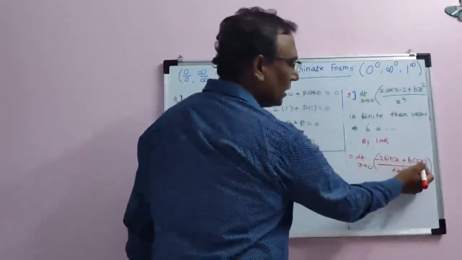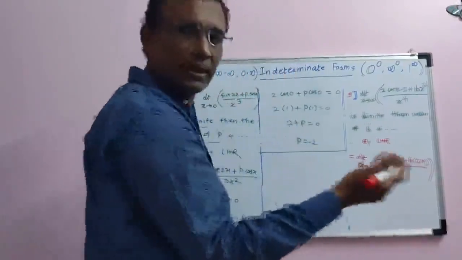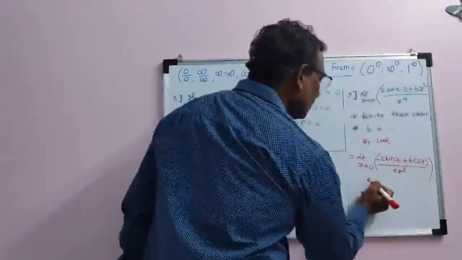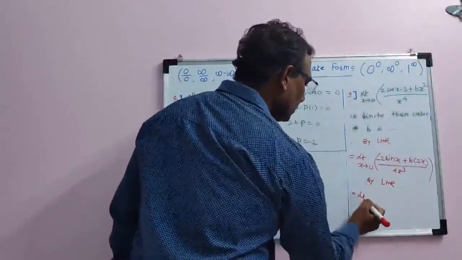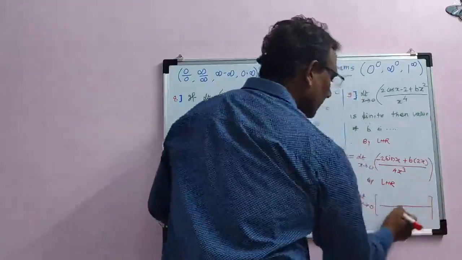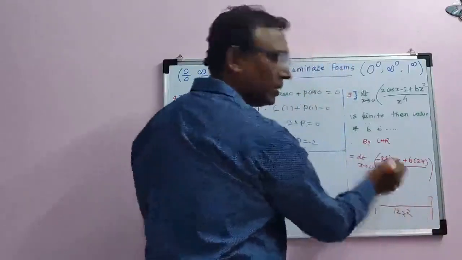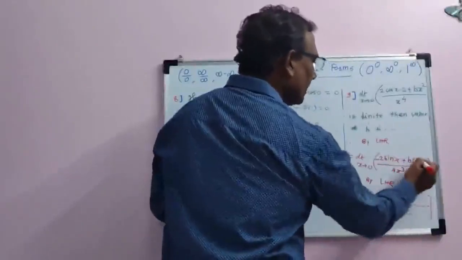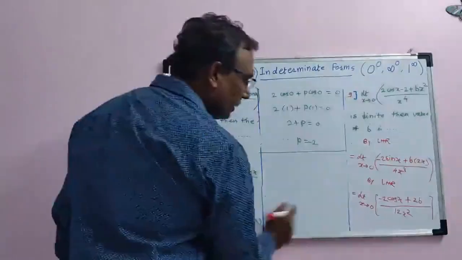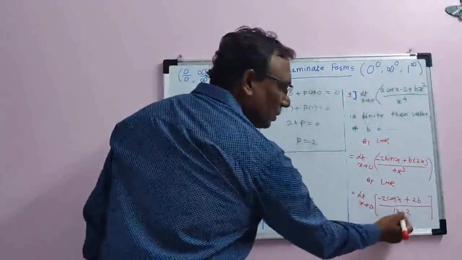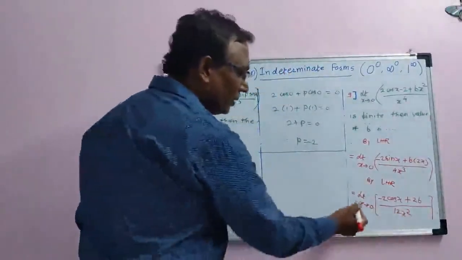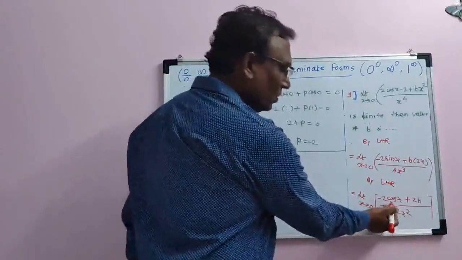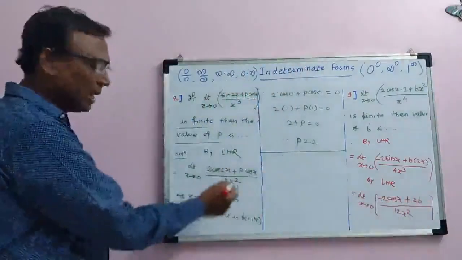Sin 0 is 0, and put x equal to 0. So we are not getting any output as far as this b is concerned. So again by L'Hospital rule, limit x tends to 0, the derivative of the denominator is 12x square, the derivative of sin is cos, and the derivative of x is 1, so 2b will be there. If you put x equal to 0, the denominator becomes 0, and the numerator will be 0 and b dependent. That is what happened here.